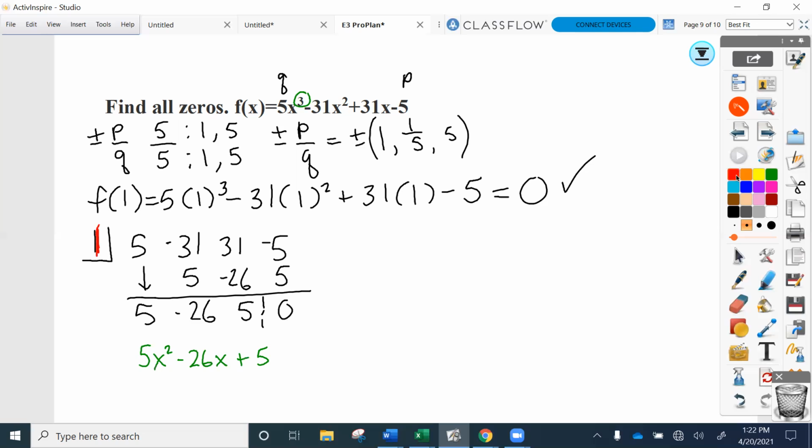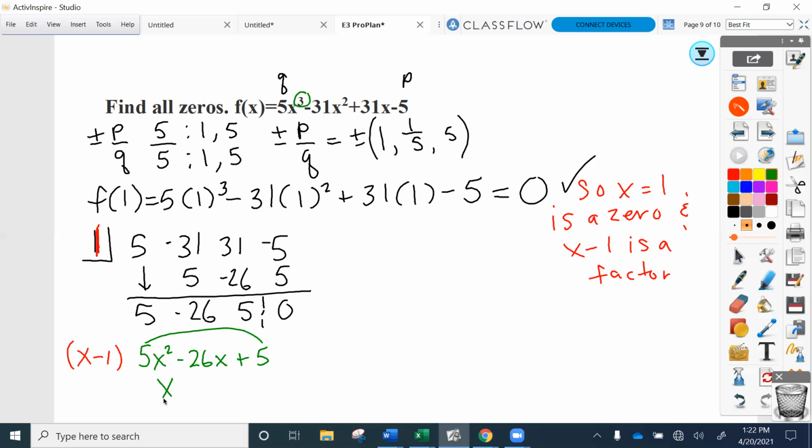Oh, by the way, we know that x minus 1 is a factor, right? All right, so if we use slip and slide, we're going to slide that back there and pretend for a